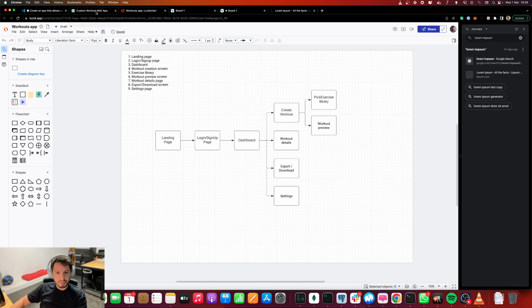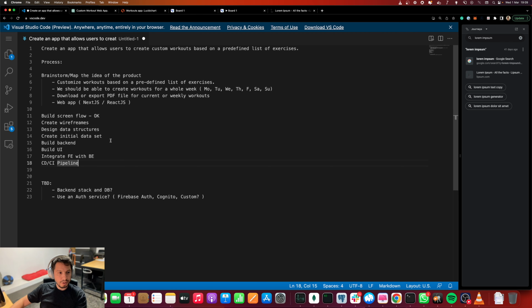From there, we will go and do probably 2 more videos on wireframes just to finish every screen that we need on the app. And then we'll jump on the design data structures video where we are going to be talking about how to store the information, which options we have, and what's the best way to do that.